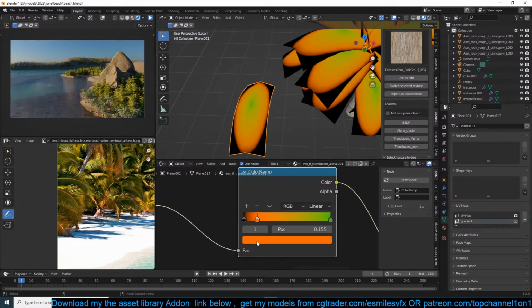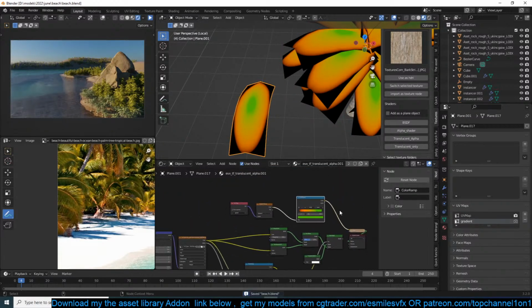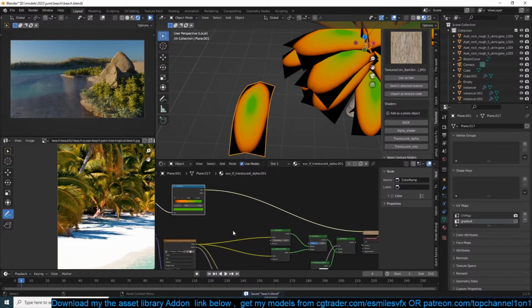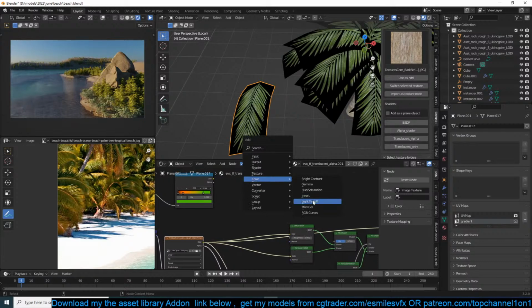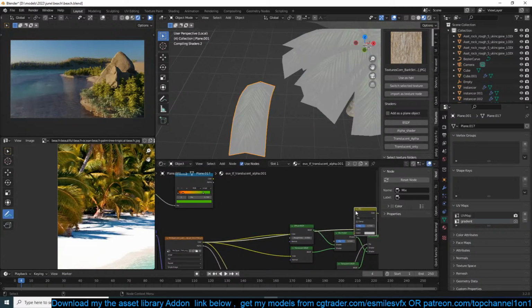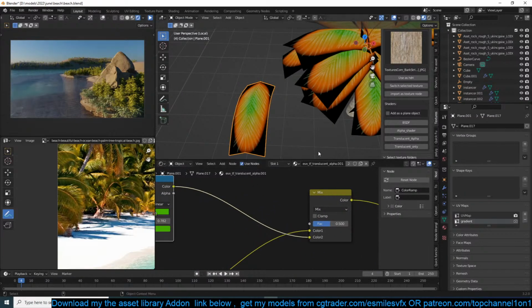I think I can build something like that. And if we look at the texture, it looks like that. If we mix it with this,